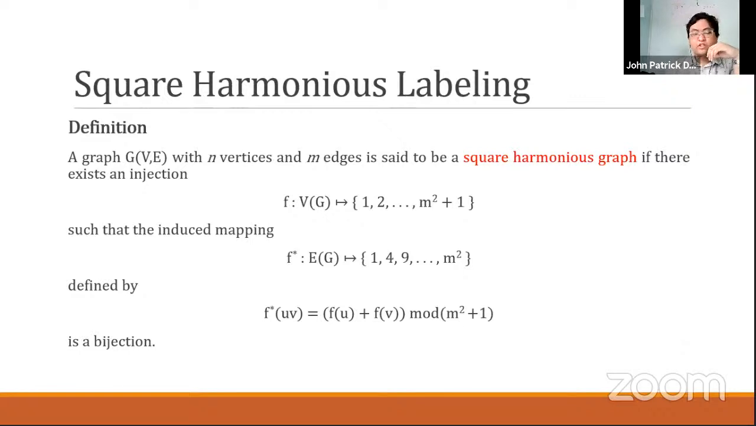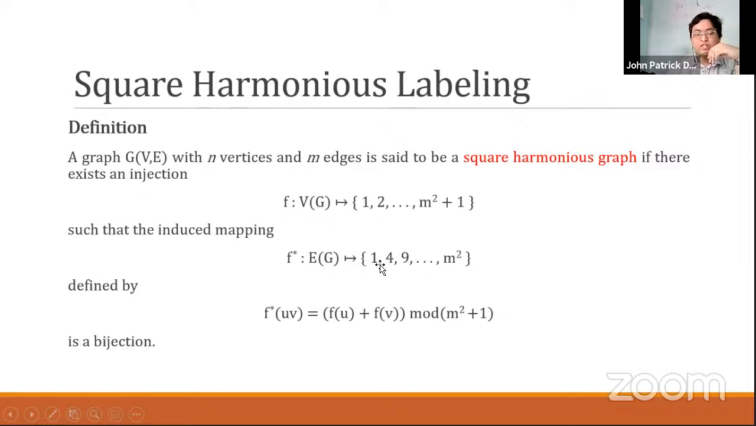So this is the main part of the study, since this author was actually the one who formulated it. Definition: a graph G with n vertices and m edges is said to be a square harmonious graph if there exists an injection f from the vertex set of G to 1 up to m squared plus 1 such that the induced mapping f star from the edge set of G to 1, 4, 9, up to m